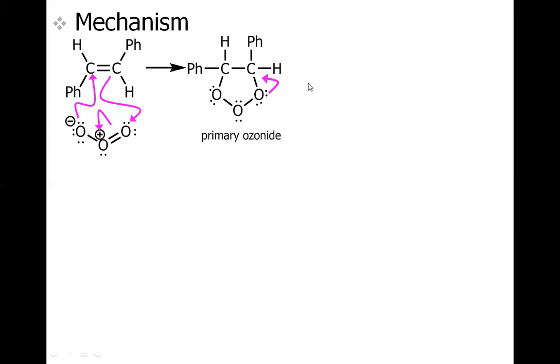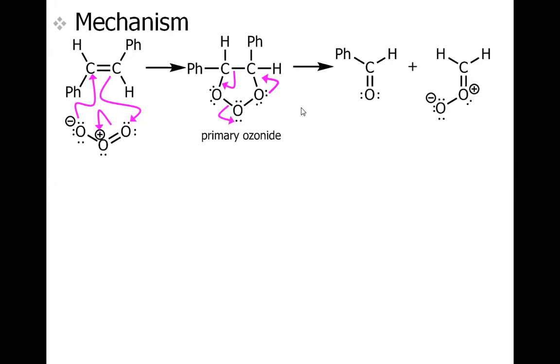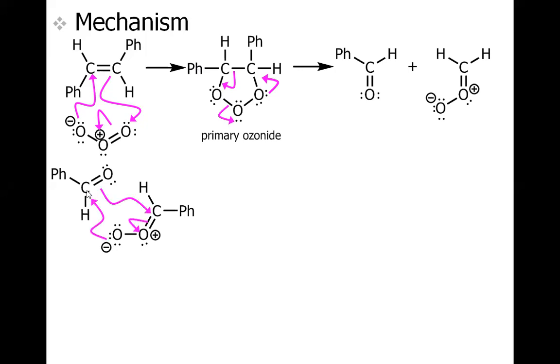To break, the lone pair of oxygen makes that carbon oxygen double bond. As a result, we have the carbon carbon bond cleavage, and then we have this oxygen oxygen bond cleavage also. So overall we have this benzaldehyde, this phenyl carbon hydrogen and the carbonyl, and this intermediate as well. But again we will have a 1,3 dipolar cycloaddition in which this oxyanion will attack this carbonyl carbon. As a result, this pi electron will attack this carbonyl carbon, and we have the breakage of the central pi bond to this oxygen.